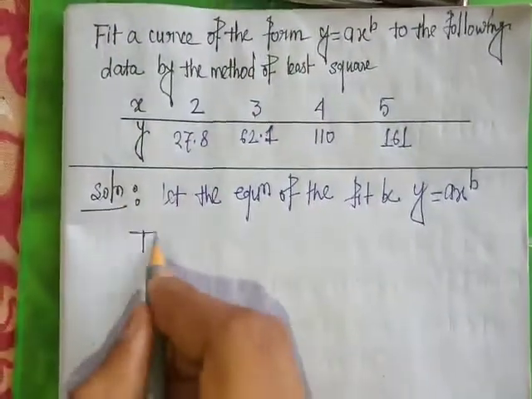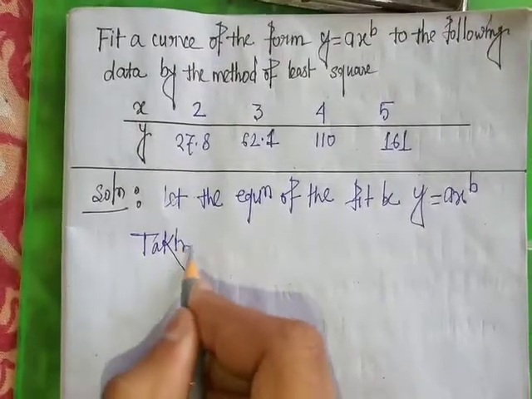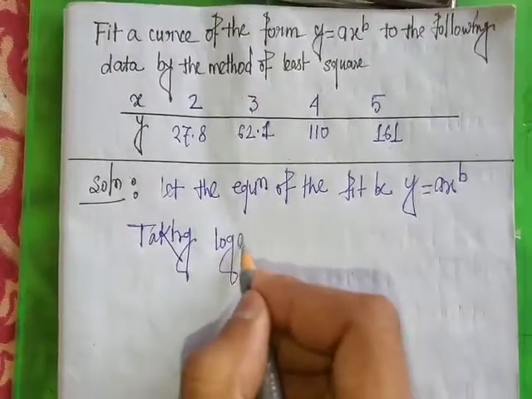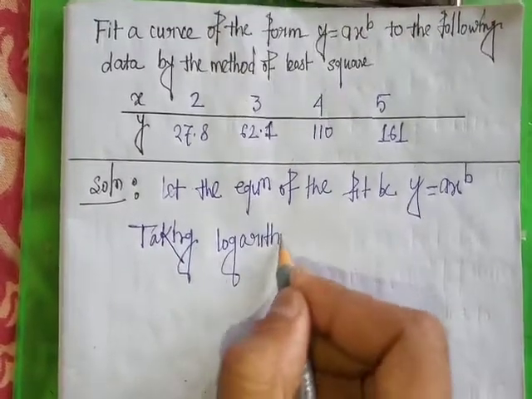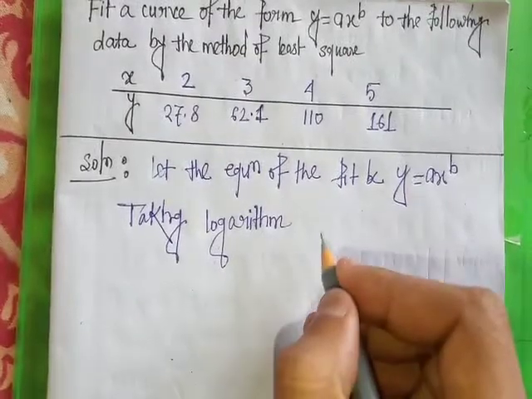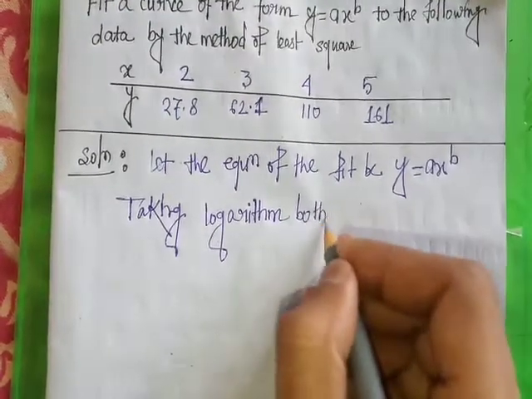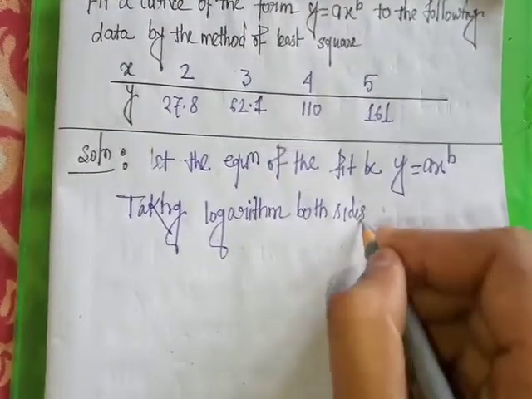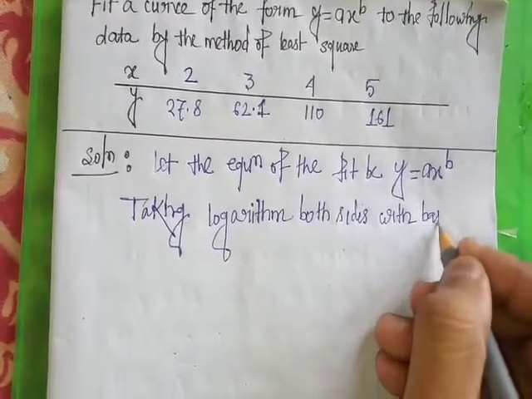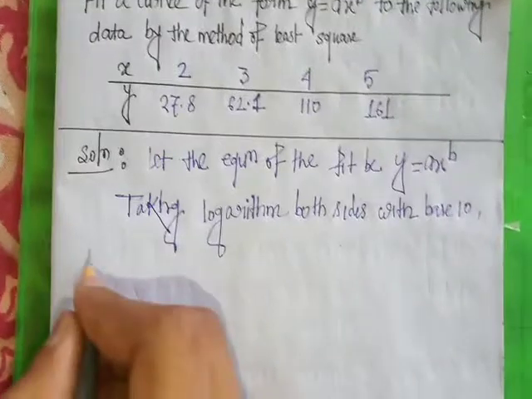So taking logarithm on both sides with base 10, we get